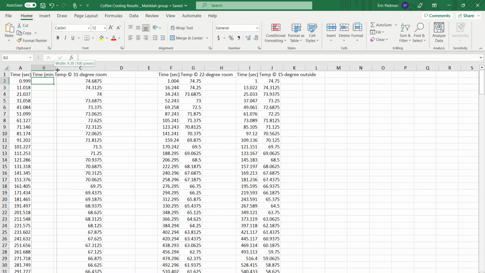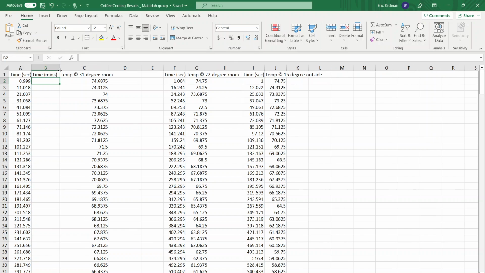Now, some of these shortcuts and things that I do may not work in your version of Excel. There might be some other technique. Also, I know a bunch of you use Macs, so that might be a bit different too. All right, so